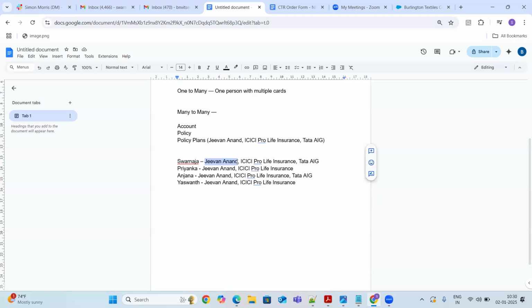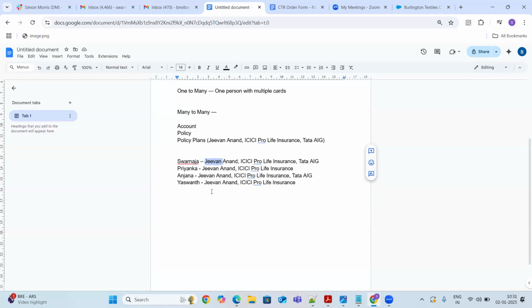But from my account, I can't see all these policies. I can only see the Jeevan Anand policies, but I need to associate the rest of the policies also. One account to multiple policies, one policy to multiple accounts.